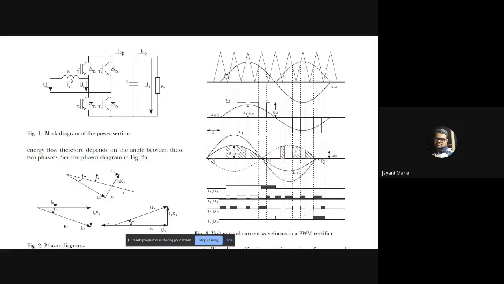a triangular signal is compared with a sinusoidal signal. Actually, this is a rectified sinusoidal signal, which is called V reference. And this triangular voltage is generally called the carrier. So there is a comparison of carrier and reference. How can we compare them? Using any comparator, op-amp comparators. So they are compared,